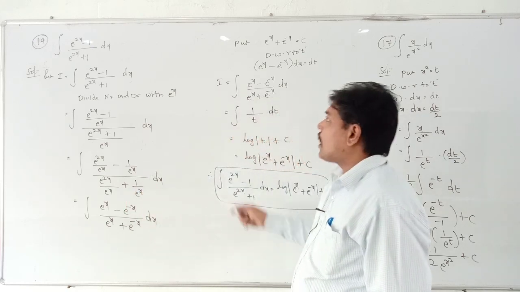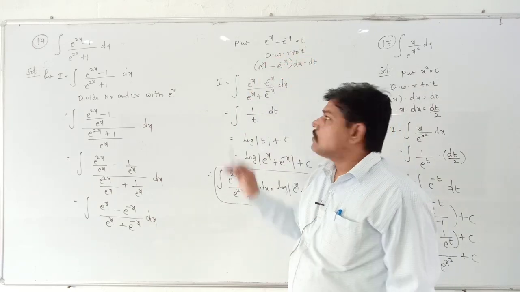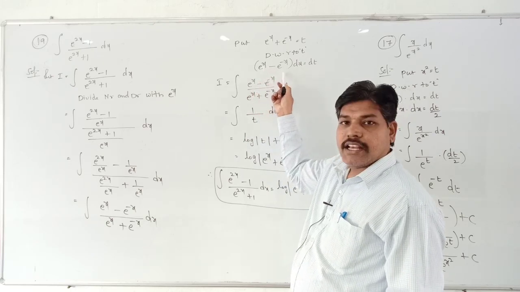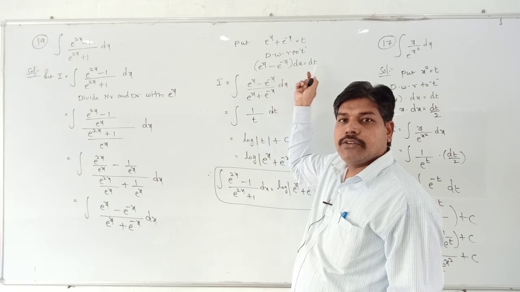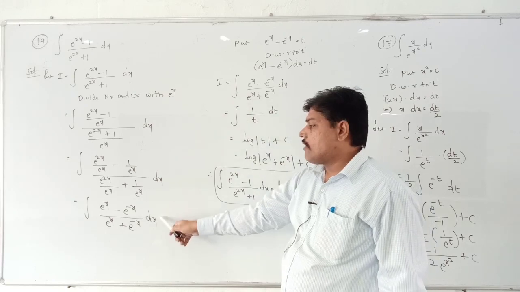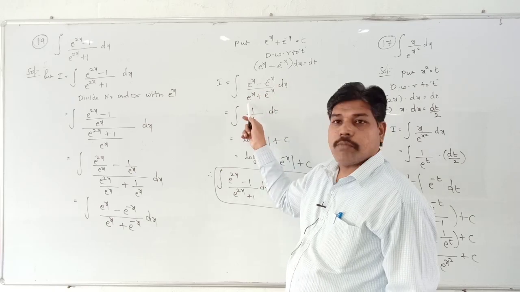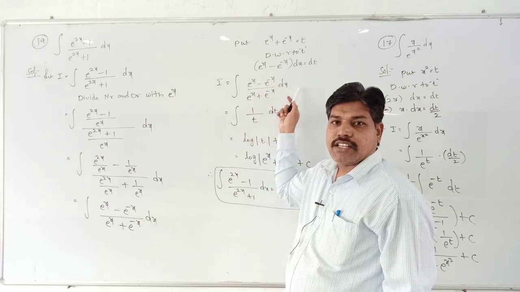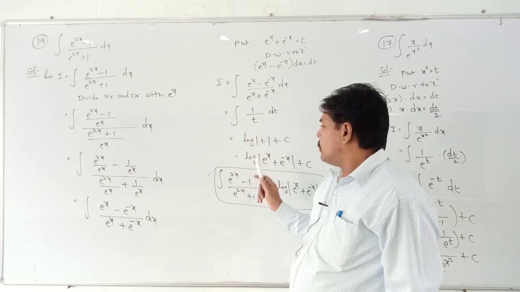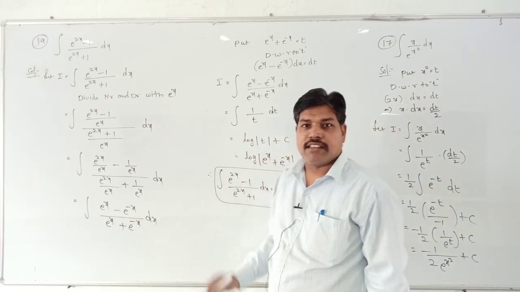After that, what I will take is, put e^x + e^(-x) = t. After differentiating with respect to t, what you are getting is (e^x - e^(-x)) into dx is equal to dt. Just substitute that value in the given I. What is the I value? Already you simplified: I is equal to the integral of (e^x - e^(-x)) by (e^x + e^(-x)) into dx. It will become the integral of 1 by t. The integral of 1 by t is log|t|. So the t value is e^x + e^(-x). Just replace that value, you will get the answer.